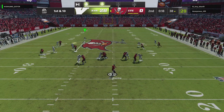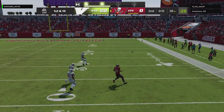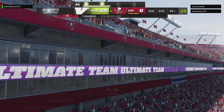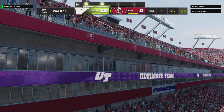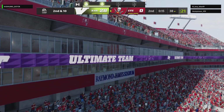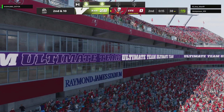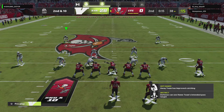From the gun, it's Manning. And incomplete on the deep ball. Certainly no lack of aggressiveness here. They were hoping for the home run play to get them 6 points. They're hoping for a catch, maybe a call, but they figure they can at least get into field goal range with a completion. After the incomplete pass, here now is